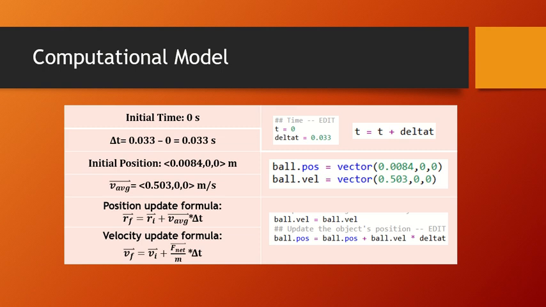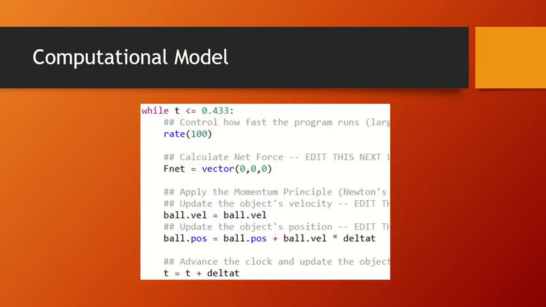I added this information to my computational model. For instance, I added the initial time and delta t so that the model knew what time to use when updating the position. I also added the initial position and velocity of the marker. It's important to note that in this model, we have assumed that the net force of the object is zero, which explains why it is moving at a constant velocity. This is reflected in the change in the velocity update formula. The position update formula was also added. This is my calculation loop, which constantly updates the position of the marker after delta t passes. The model will only work when the time is less than or equal to 0.433 seconds, since